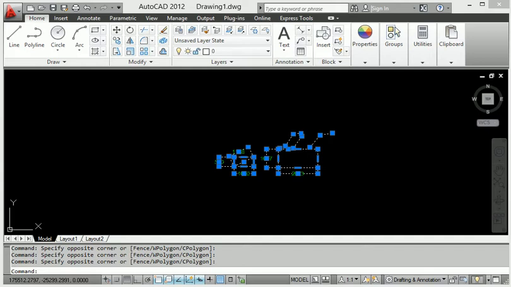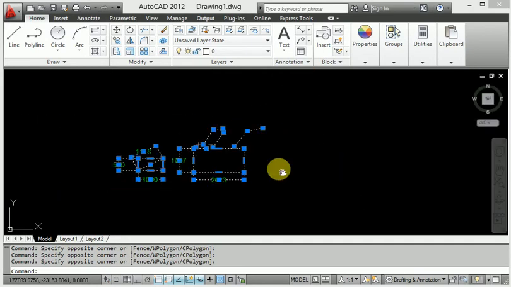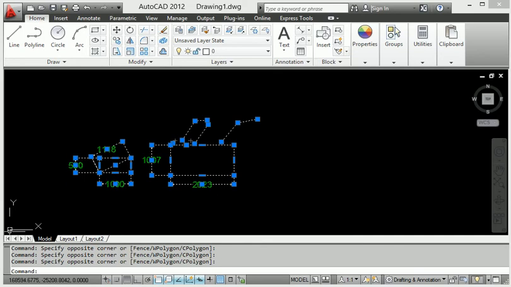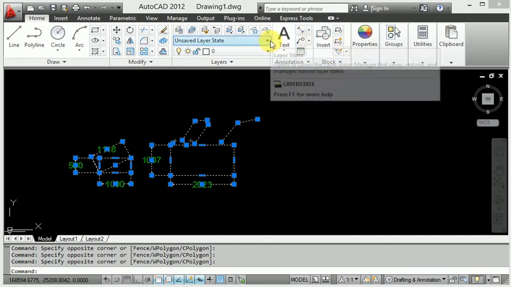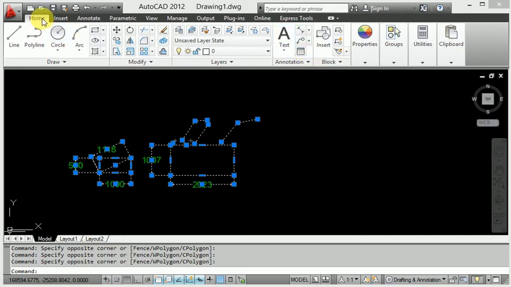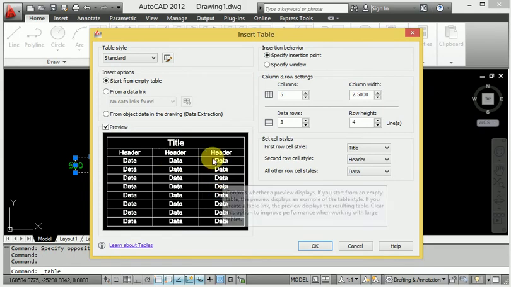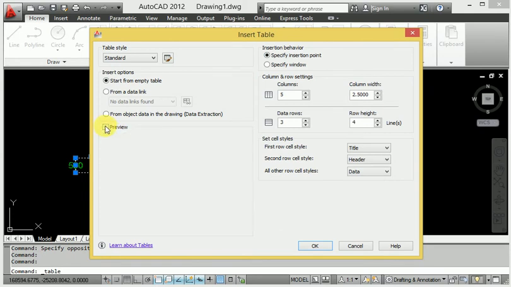So first of all, look at this diagram. Okay, then after that I will show you the table here. Look at this table here. In the Home tab, click the table, and here are the different options with table preview.